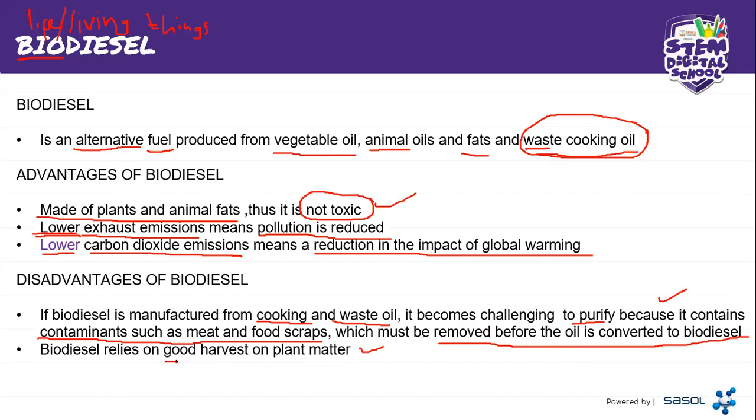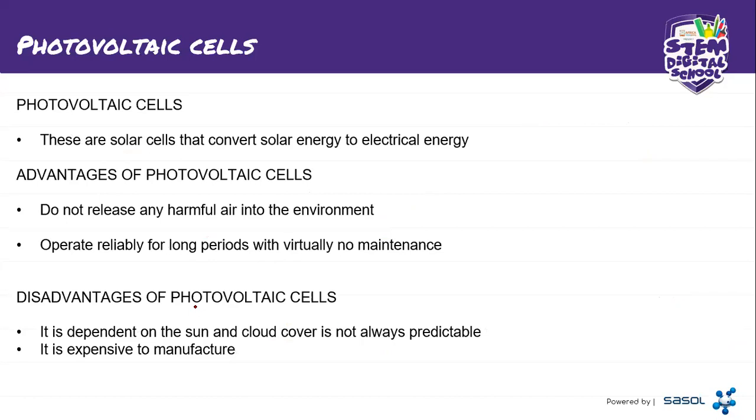So if you don't have a lot of plants, so you don't have a good harvest, so you can't get enough plant oil, so you will get less biodiesel. So it simply relies on a good harvest of plants. If we don't have a good harvest of plants, then we can't manufacture enough biodiesel. Right, then we go to